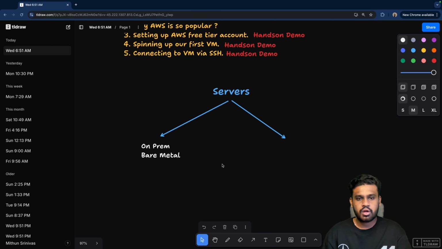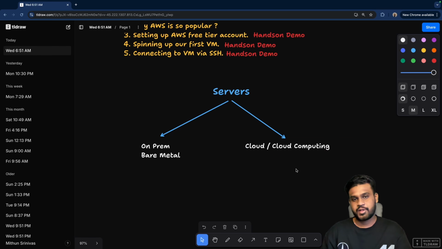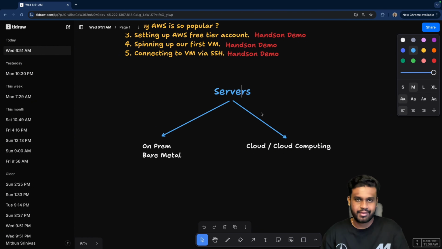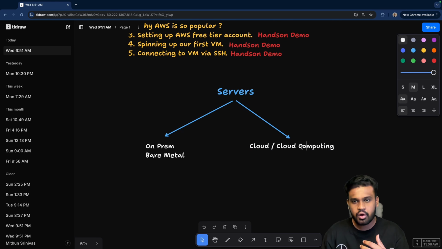So later on, a very cool industry started booming up: cloud, or cloud computing. Whenever someone says what is cloud, it's like you are renting something. Cloud is simply servers which are accessible over the internet. That is what cloud simply is. You do all of the computing or processing on these cloud machines.